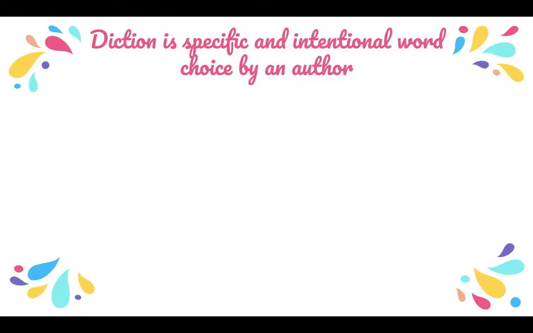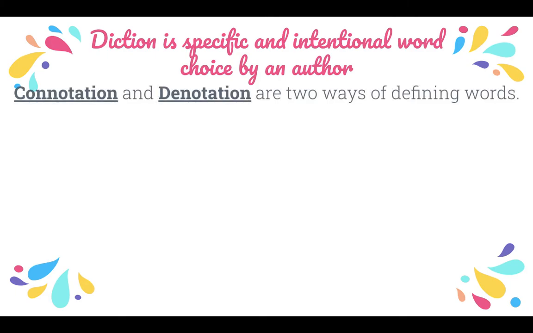Diction. Now remember that diction is specific and intentional word choice by an author. It means that they are thinking about what word to use that will best convey something to the reader. And you've got connotation and denotation as two ways of defining words. Remember, denotation is the dictionary definition. I always remember it because they both start with the letter D. And connotation is how you think of a word and what people imagine or envision or feel when they hear